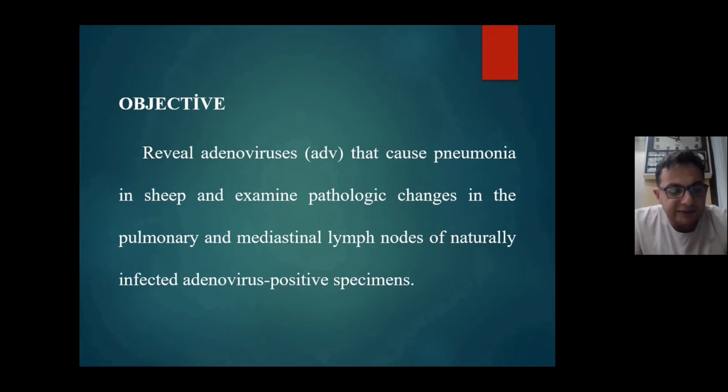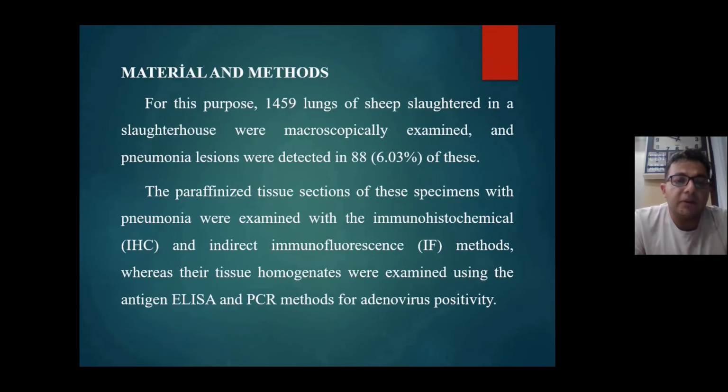The aim of the study: review adenovirus that cause pneumonia in sheep and examine pathologic changes in the pulmonary and mediastinal lymph nodes of naturally infected adenovirus-positive specimens. Material and methods for these pictures: